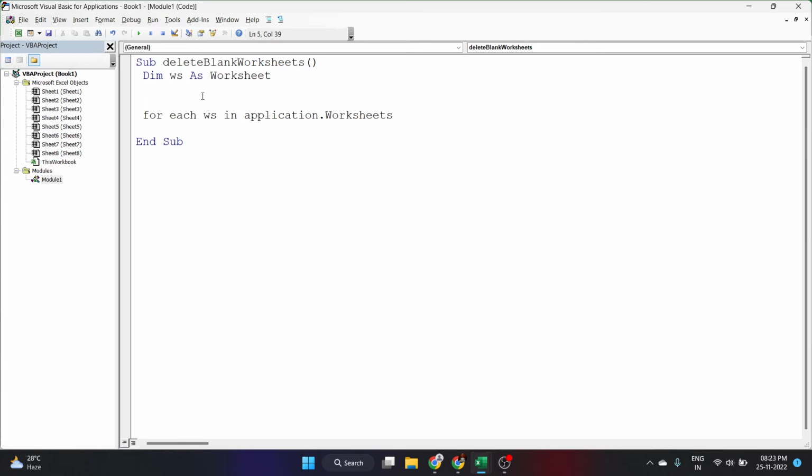Now you should be very careful with the spelling. It is not worksheet, it is worksheets with an S at the end. Now let's click enter, and this is the for loop. Inside the for loop,